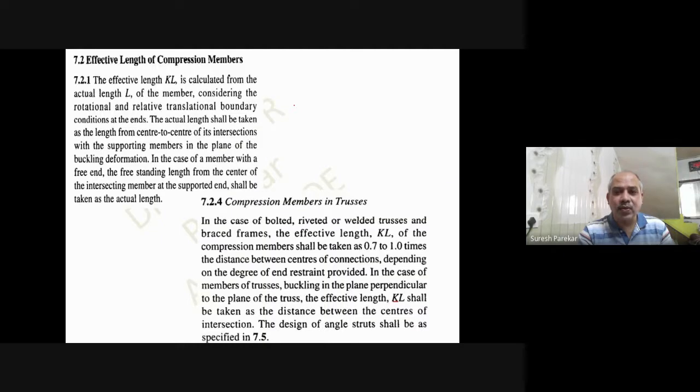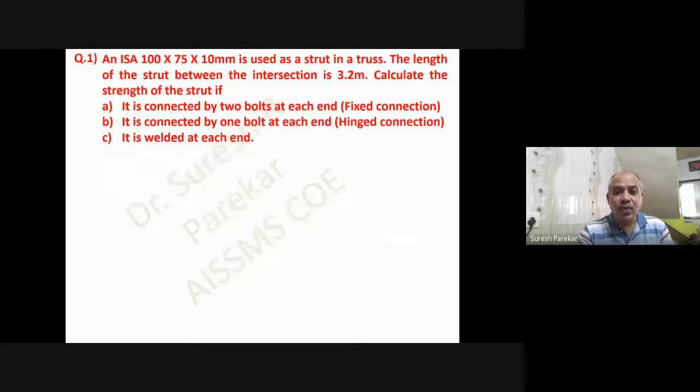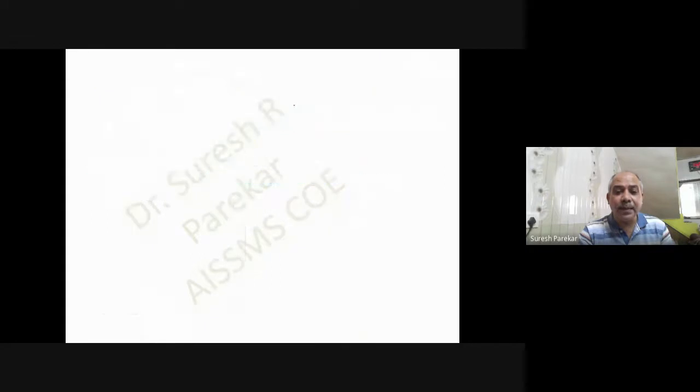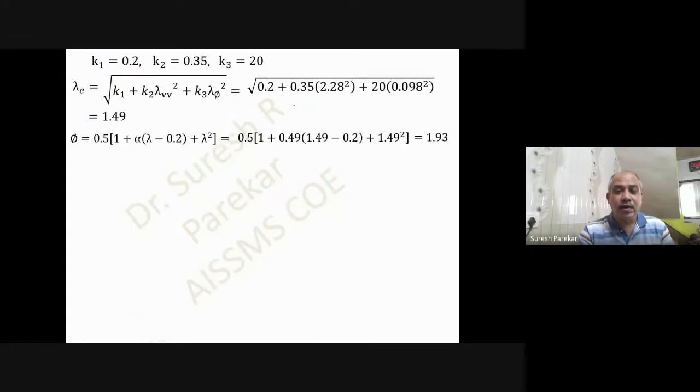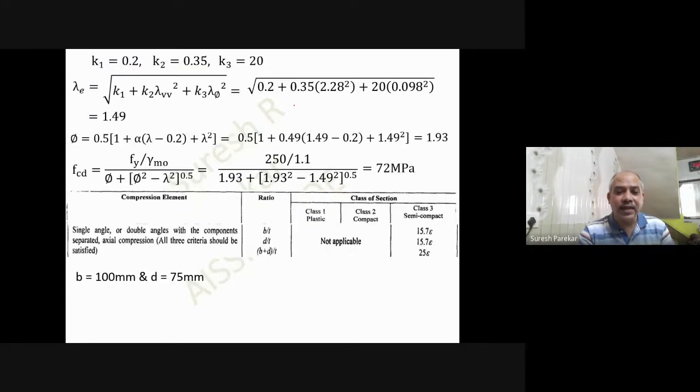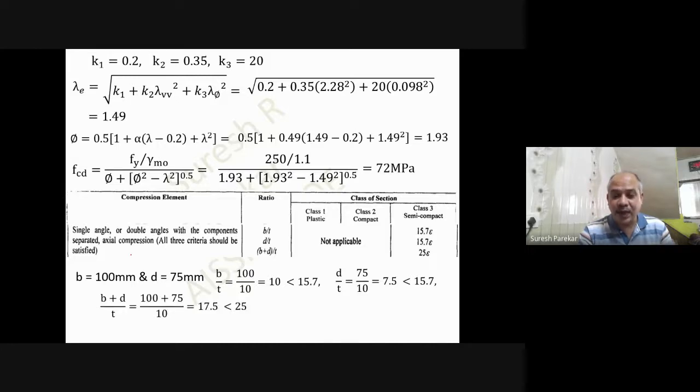And then we are going to use this Table 2, and by using Table 2 we are in a position to decide the class. Here we have decided the class by b/t, because for a single angle or double angles with components separated under axial compression, three criteria should be satisfied. Our first criterion is satisfied, the second is also satisfied, b/t, d/t, and the last is also satisfied,